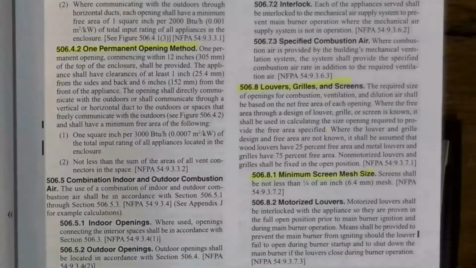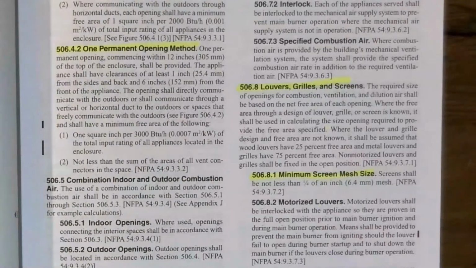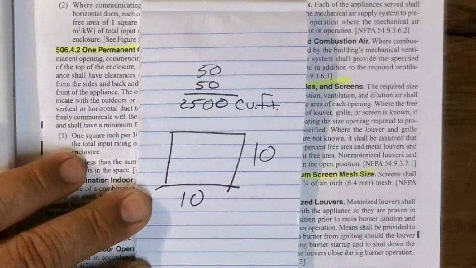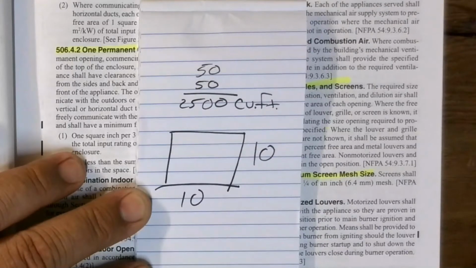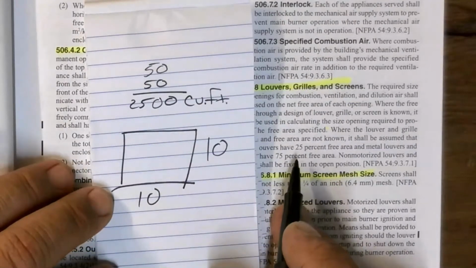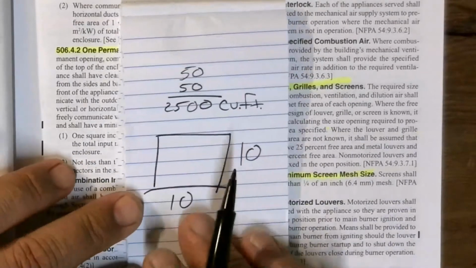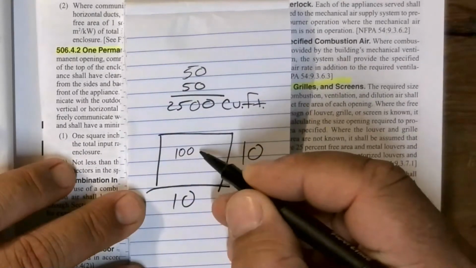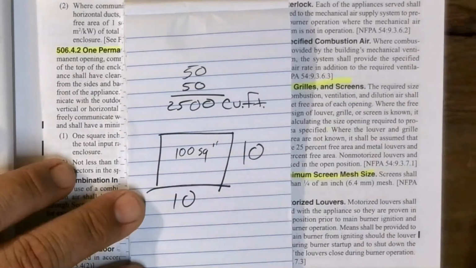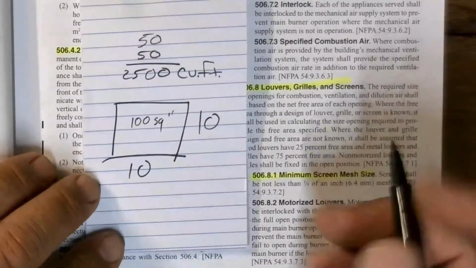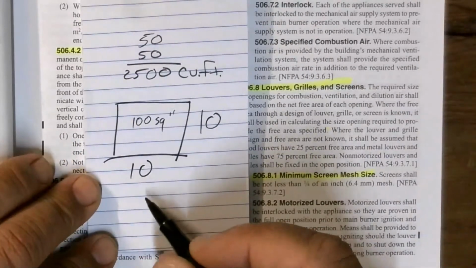Well, let's say that I needed, well, let's use 10 by 10. So let's say I needed a 10 by 10 louver, okay? And I am going to be using wood. Well, the wood is only 25% free area. So I have to be much larger than this in order to get 100, right? So in order to get 100 square inches of free area, it only covers 25%. So this is going to have to essentially be